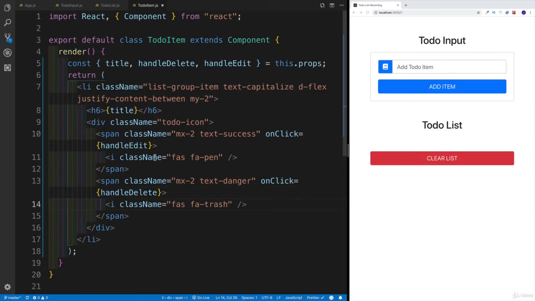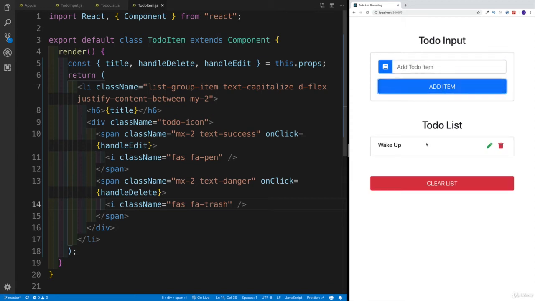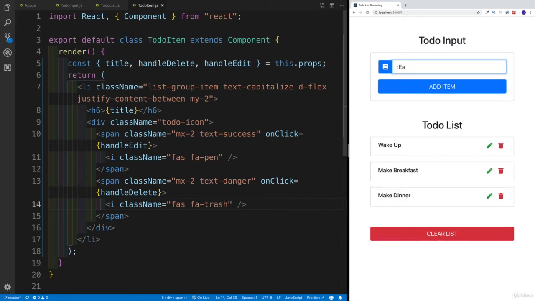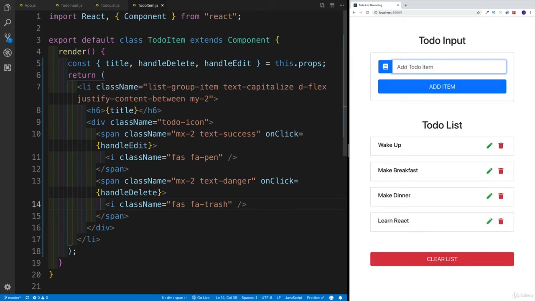Let's save it. And now let's add some items just so we can test it out. Again, we're going to use wake up. We click on it. Now we have our wake up. Then the second one is going to be make breakfast. And we could have left it with two T's, it also might have worked out. We have make dinner, learn React. And the more items I add, the more items are going to be